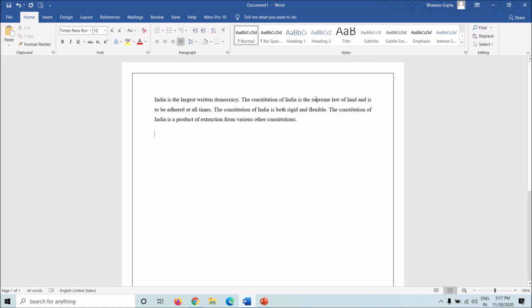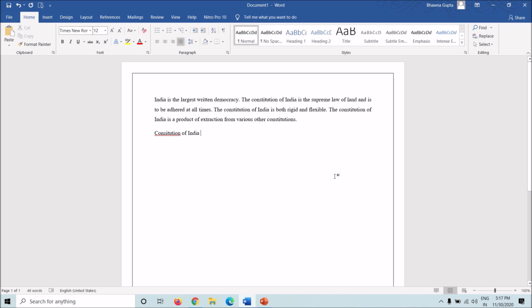If I'm writing the Constitution of India, Supreme Law of the Land, I might need to show the source from where I'm getting this. And when I'm citing something, there are things that I need to do. For example, I am writing Constitution of India.